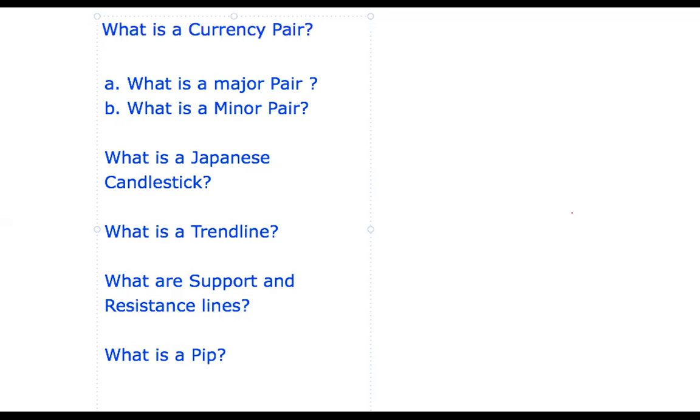I'm going to start with a currency pair, because a currency pair is really how you make money in the Forex market. Currency pair, crypto, you're going to hear those terms interjected. So a currency pair is usually,